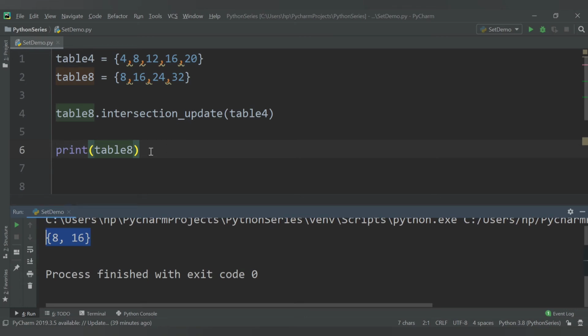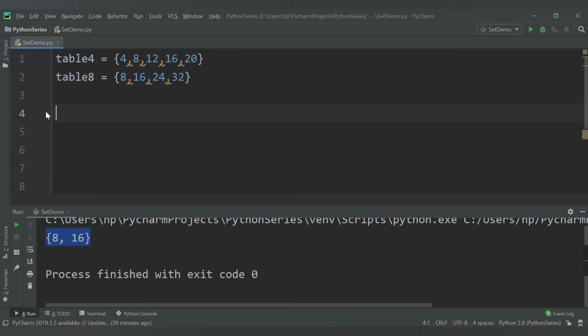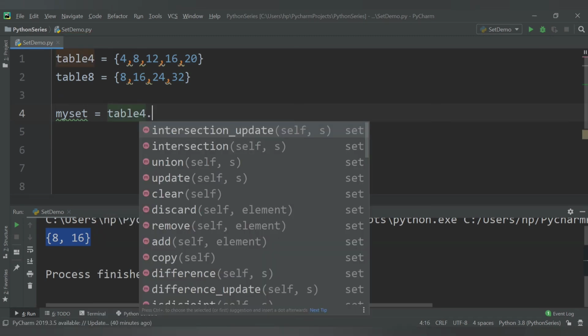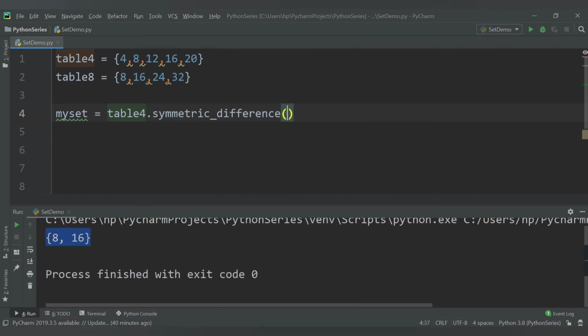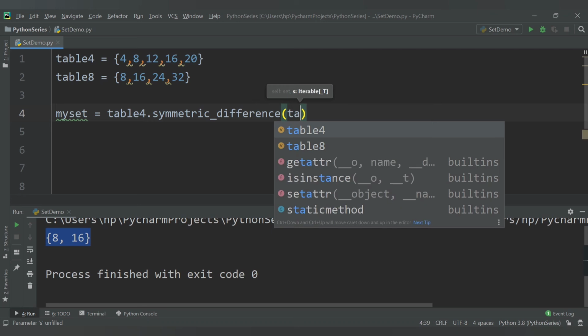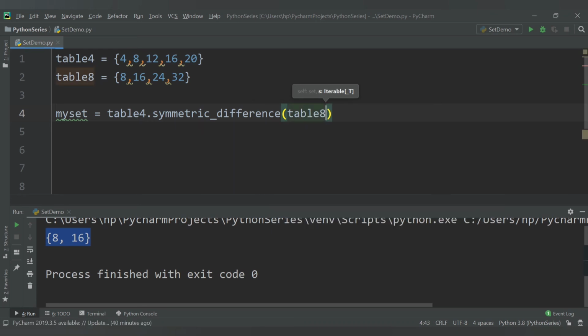Another method: let's say I want another variable of type set, my set, and you don't want the common values, you want all other values excluding the common values. How can you perform this? In a similar way, provide the name of the variable, then the function name is symmetric difference, and the name of the other set, table 8.